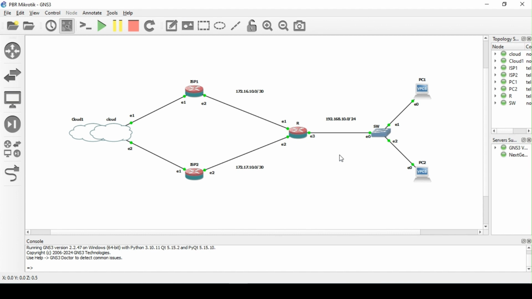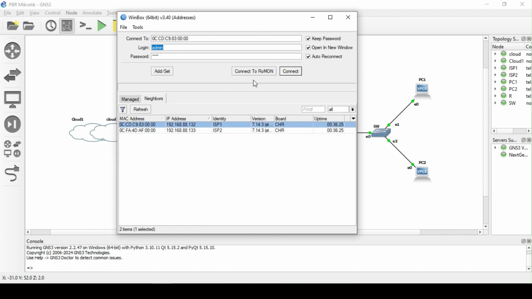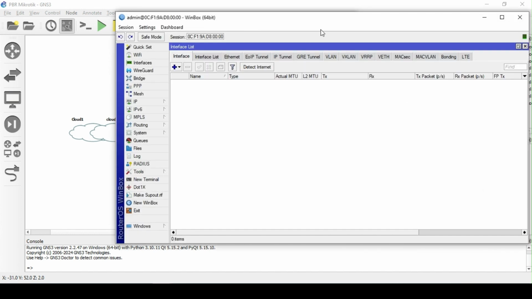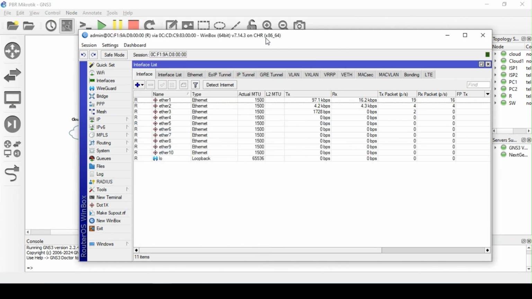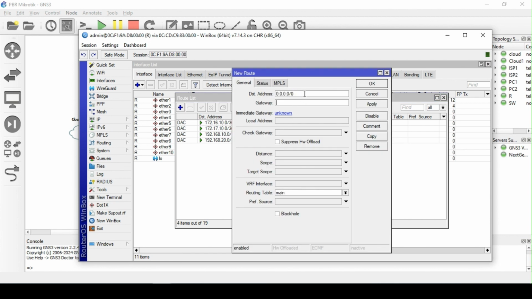First and foremost, we need to understand that a router makes a forwarding decision based on the destination address in an IP packet. For example, if I have several destination routes in this particular router, let me enter this router. Let me go to IP routes. For example, I have a destination address of 192.168.10.0/30, and the exit interface is